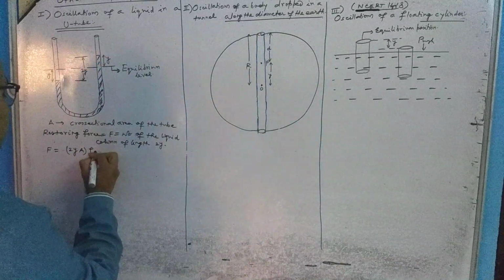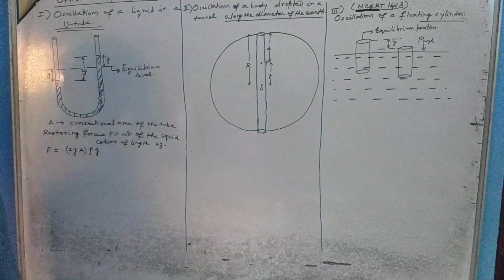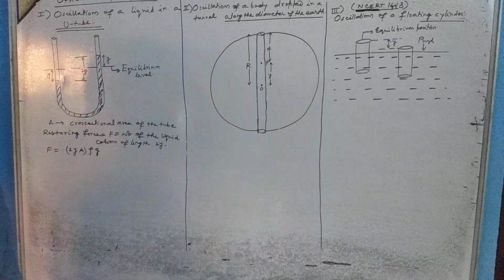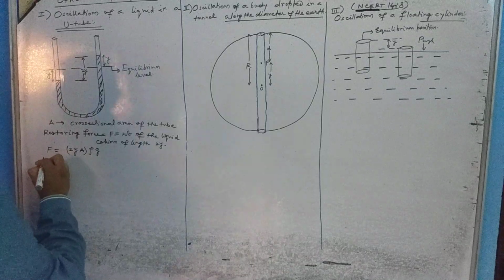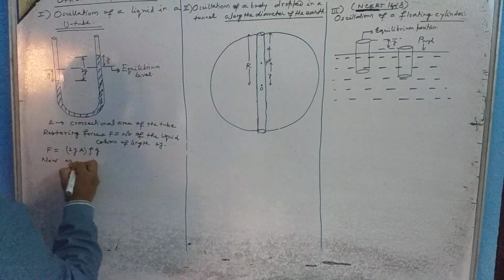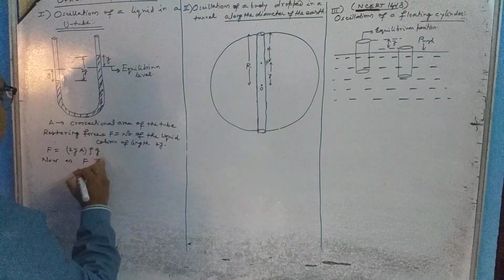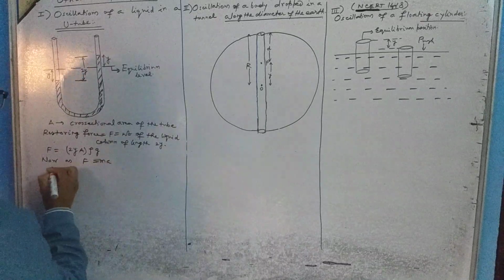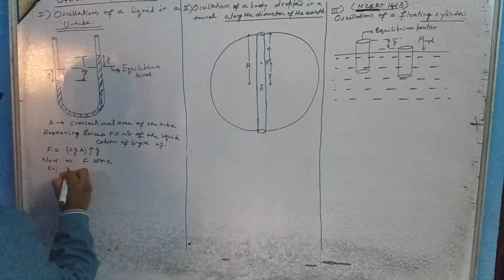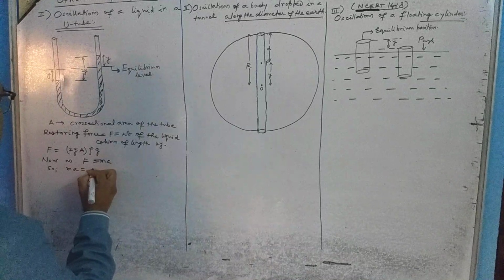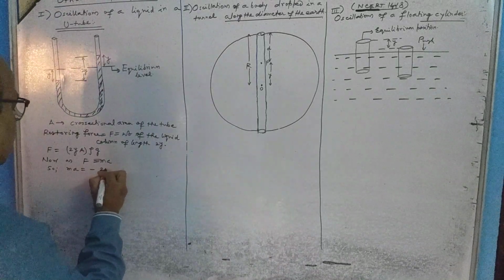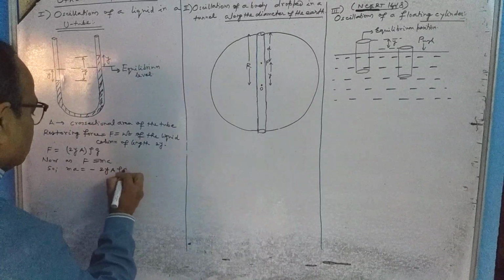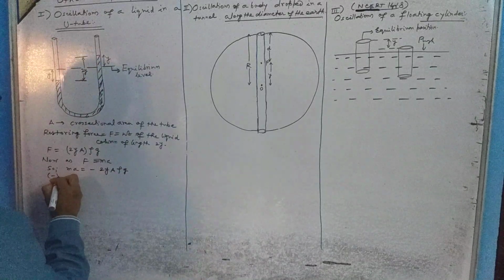Into rho, the density, and g. Now as F is equal to ma, so ma is equal to minus twice y A rho g,